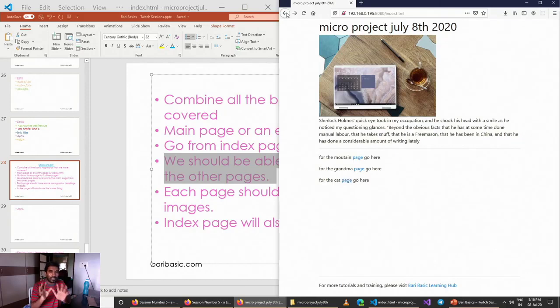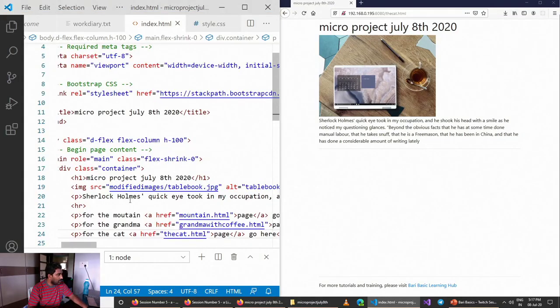There's nothing wrong with it. Every browser will have a back page, but it is always a good idea to give a back button somewhere at the end of the page also. It makes it easier, it makes it a little bit cooler and gives a pleasant experience, because we are not just coding here, we are trying to build a simple website. So I want to add a small link at the bottom of every page. So what I'll do here, I'll go back to my code, I'll take this